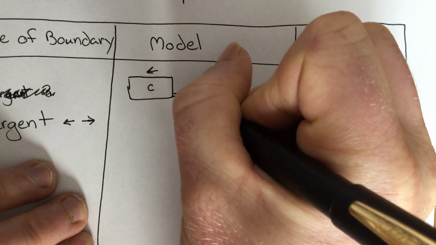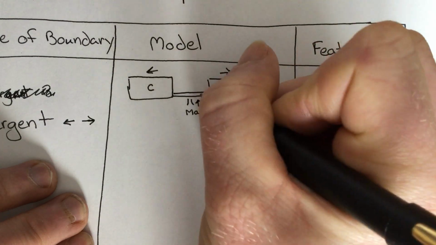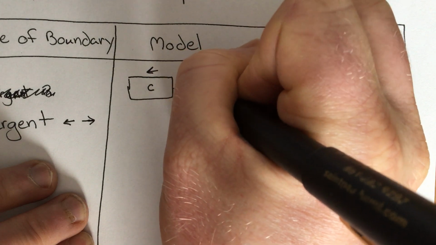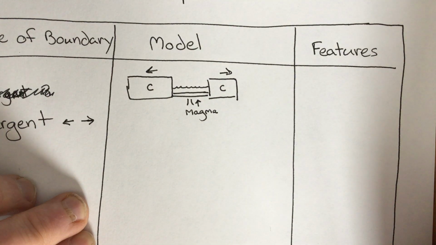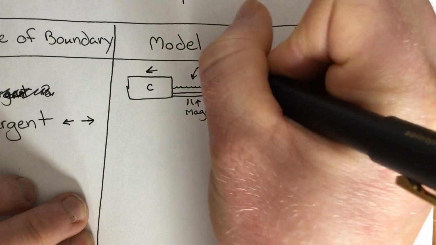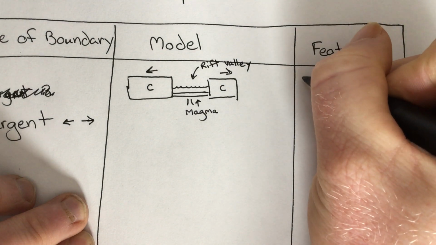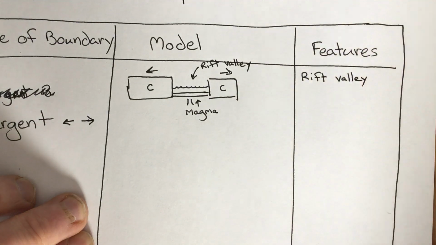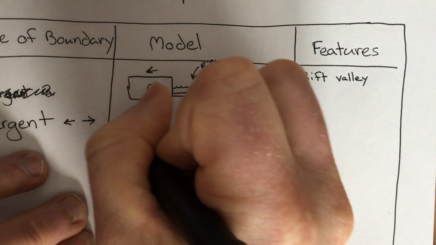And what fills this valley is magma from below in the mantle. It comes up, fills in that valley. Also, what fills in that valley is water. And so as two continental plates move apart, you get what is called a rift valley. And we can add that to our features as well, rift valley. As these two continental plates move further apart,